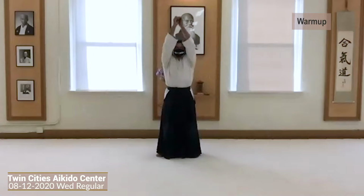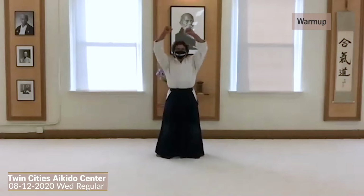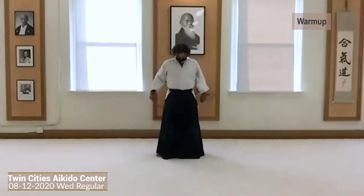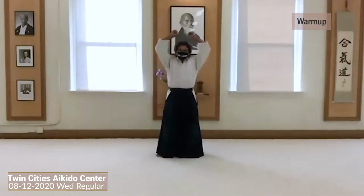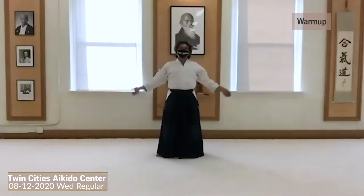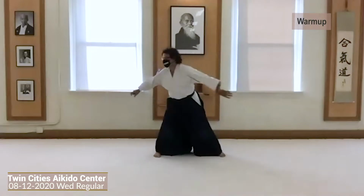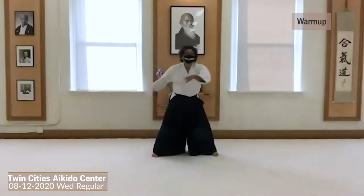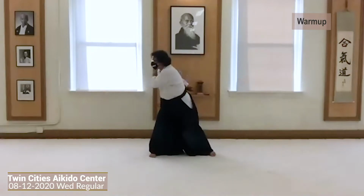Okay, I'm going forward. Ichi, ni, san, shi, go, roku, shichi, hachi, ku, ju. Backwards. Ichi, ni, san, shi, go, roku, shichi, hachi, ku, ju. Cross. Ichi, ni, san, shi, go, roku, shichi, hachi, ku, ju. Okay, twist the other way. Ichi, ni, san, shi, go, roku,